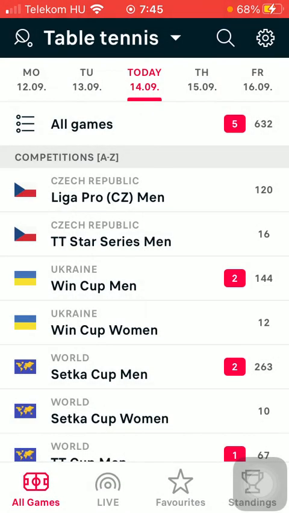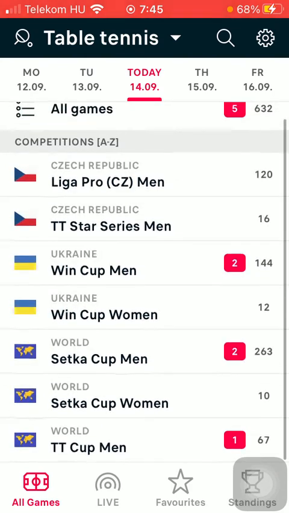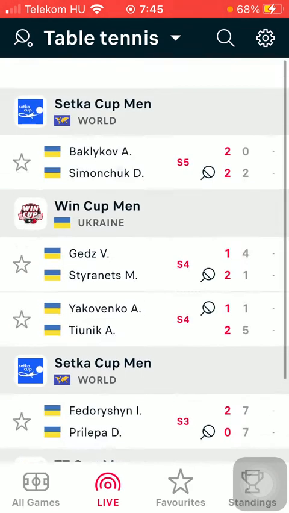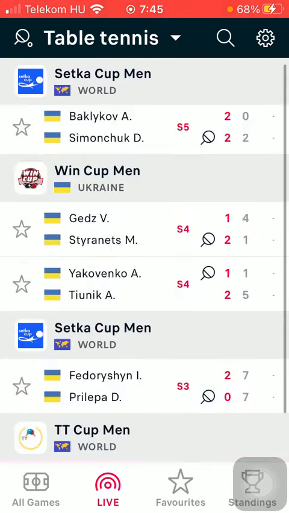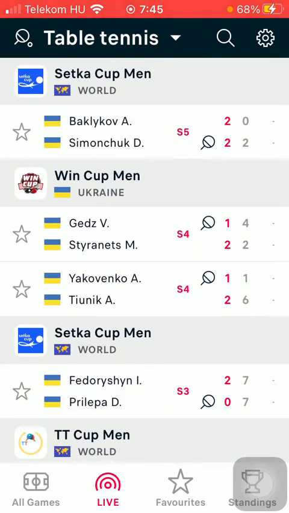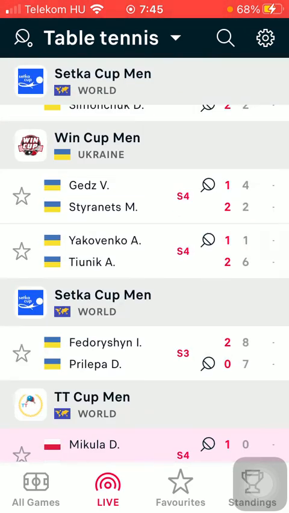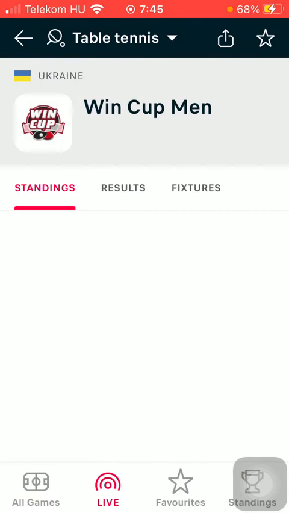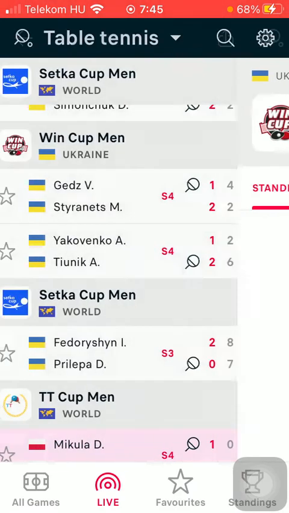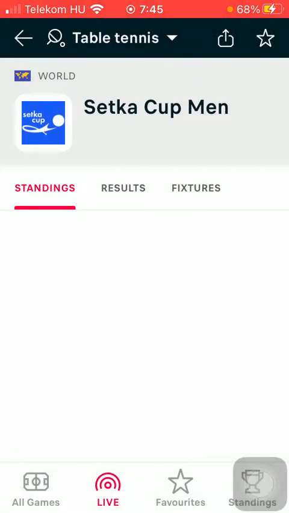As you can see, according to the timetable, there are competitions. So click on the live icon down below, that's the second option. And here you can see several matches and games that are being played right now. So if you are interested in any of these, just simply click on the relevant one. And then you will be directed to the page of this particular